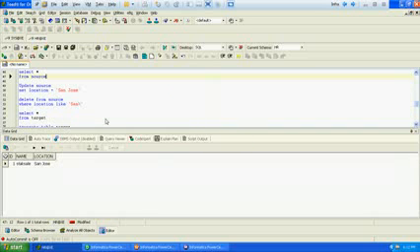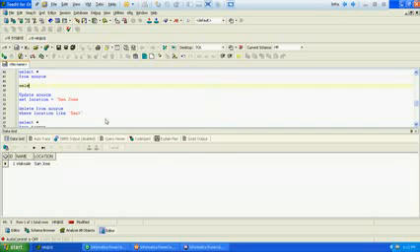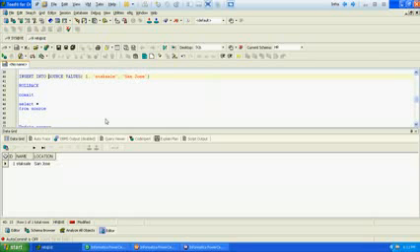Now what we'll do is, instead of one record, we'll create two records at target level. One with San Jose and another with Pune.